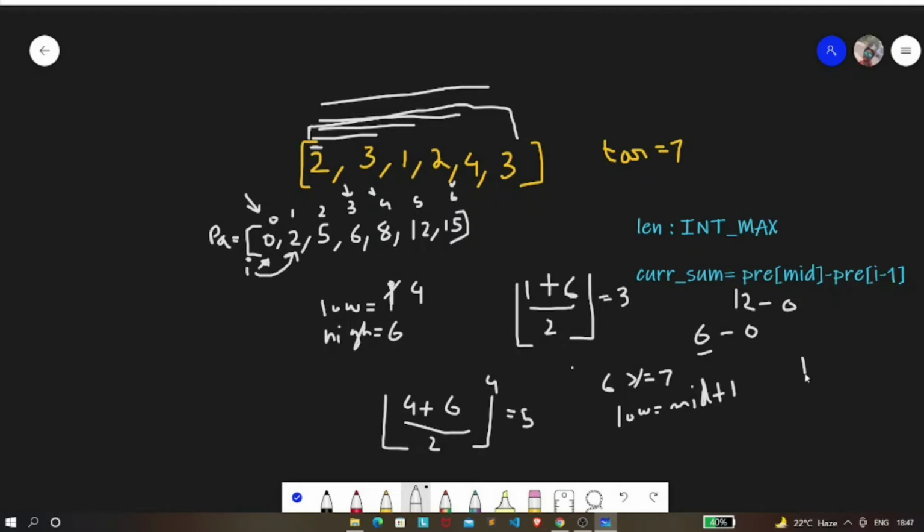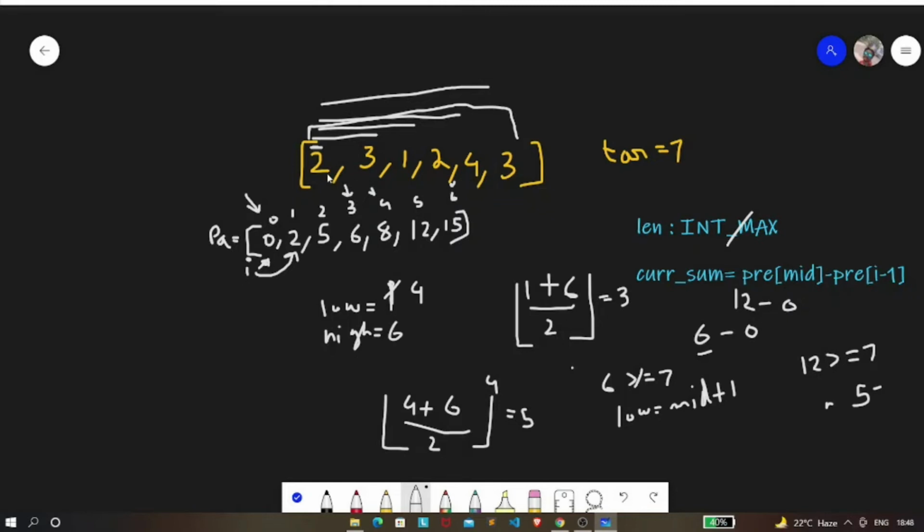Now we know that 12 is greater than or equal to 7. Now if this condition is satisfied, we need to update the length, because we have found a subarray which satisfies this condition. So we need to find the length of that subarray. Our mid is at 5, and so if you see, this is our mid, so we are currently talking about this.